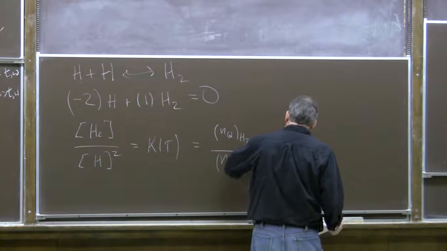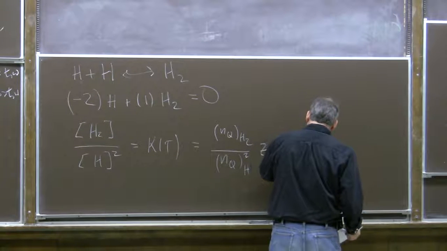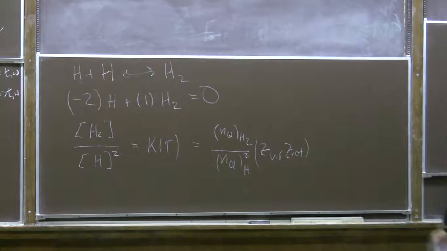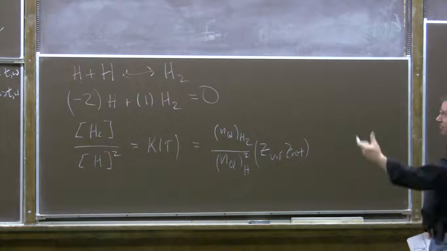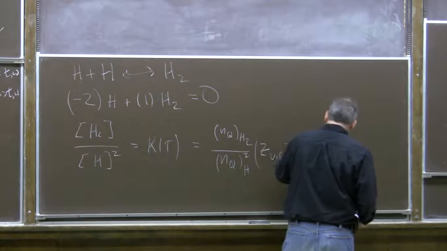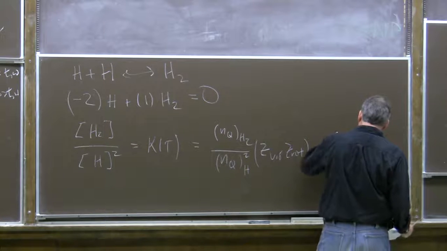And there will be a vibrational and rotational partition function factor, but only for molecular hydrogen, because there are no vibrations or rotations for atomic hydrogen. And also there will be a factor coming from the binding energy